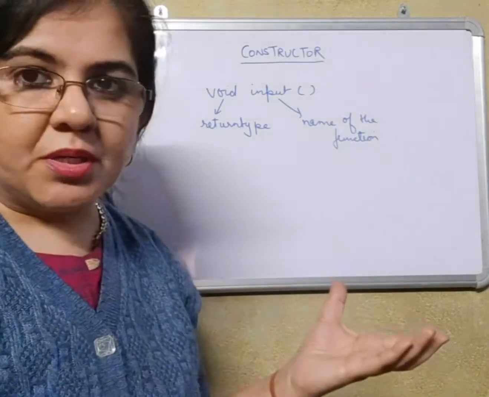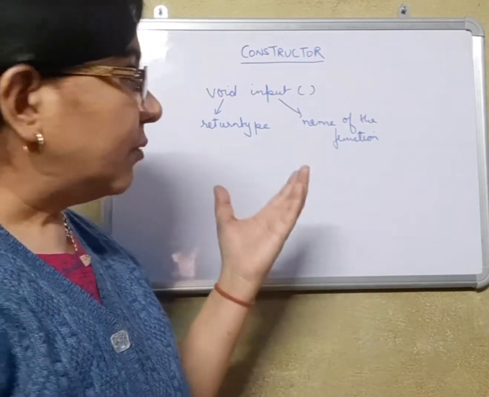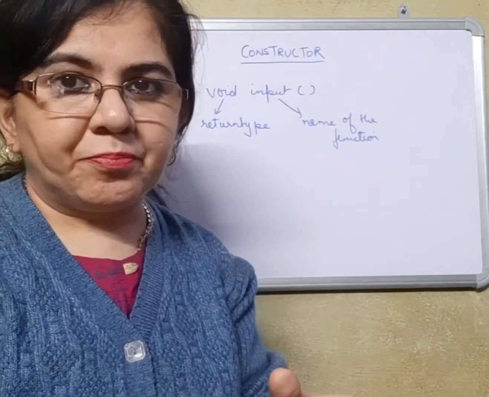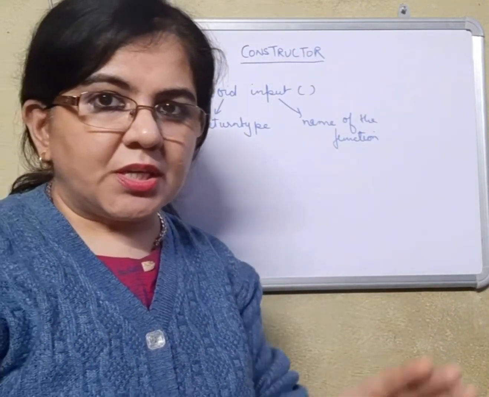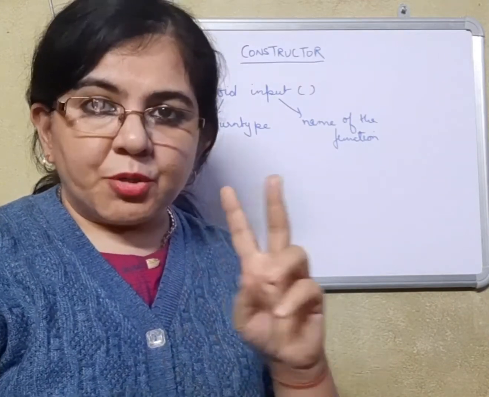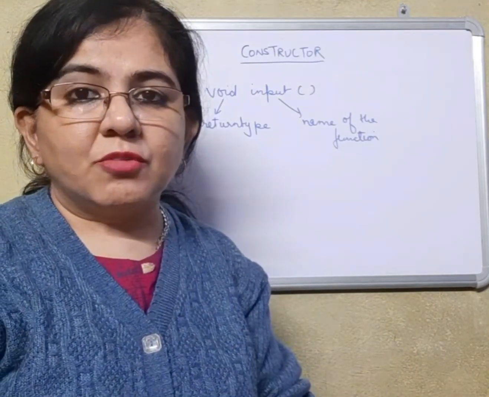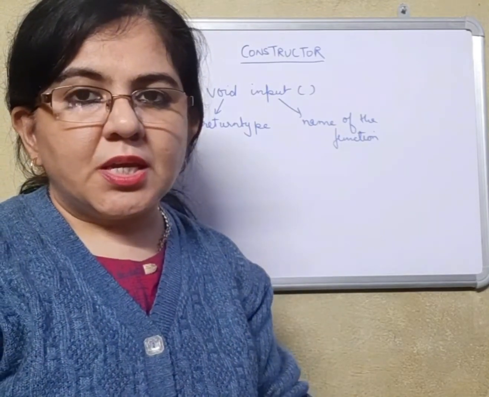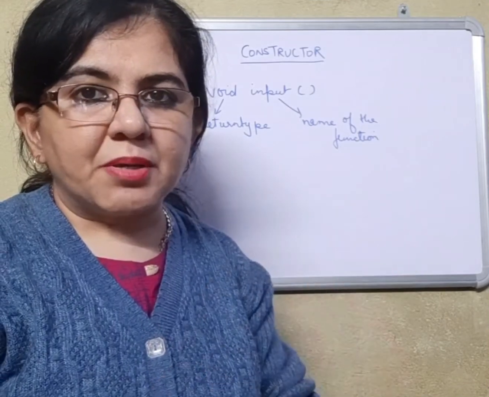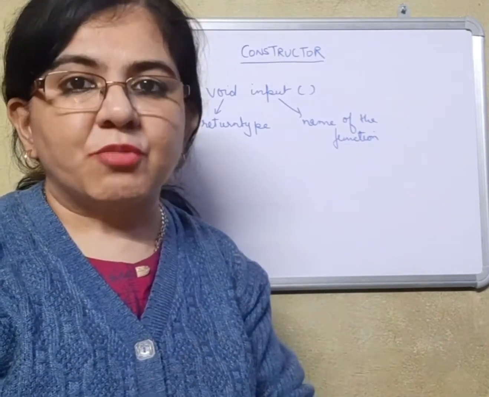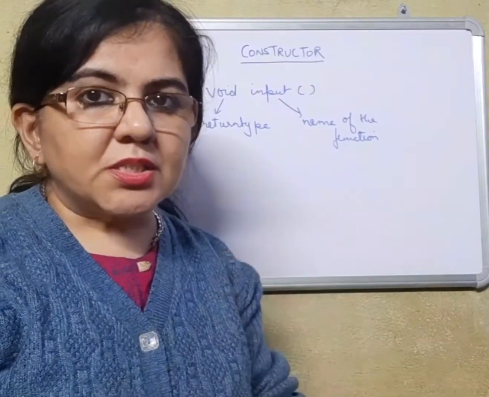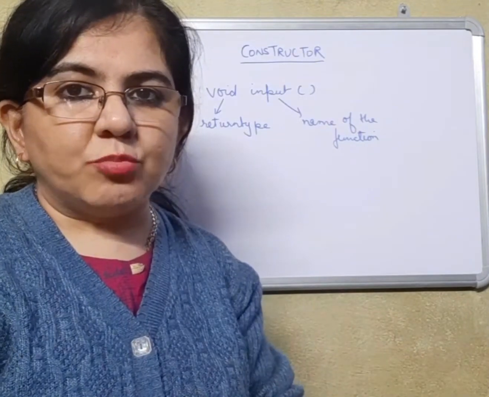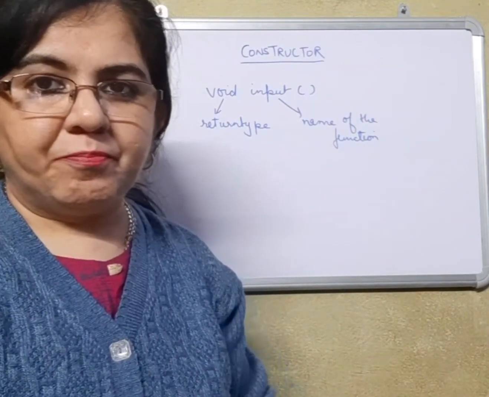We'll see the program here. How do we make a program in which we have got a member function of the class with same name? Basically, this is a definition that it has same name as that of the class. But what are the two main basic functions of the constructor? First is to create object of the class. Second is to initialize the member variables of the class. Now, how does it initialize the member variables of the class? And how does it help to create the object? We'll see through a program.